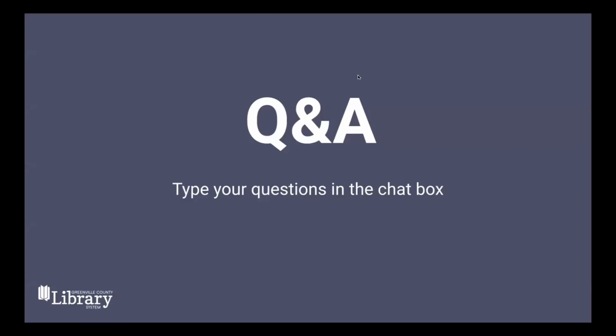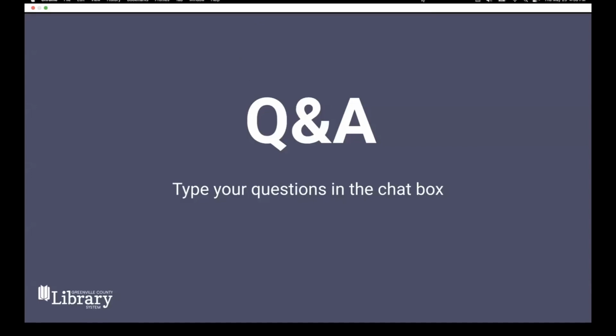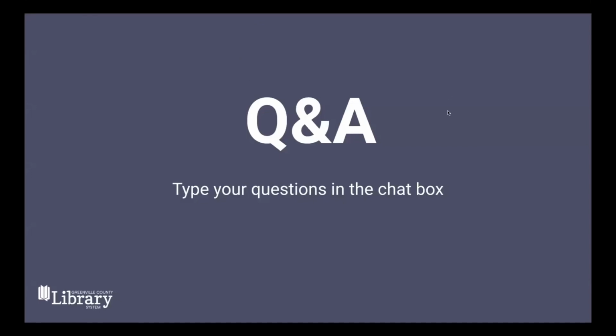Okay, and so yes, there is a question in the chat: is the South Carolina room only on the main branch? And yes, that's correct. The South Carolina room is the genealogy and local history room, and we are located at the Hughes Main Library, which is at 25 Heritage Green Place near downtown Greenville. However, any of our branches have the Ancestry Library Edition and all the genealogy databases. So you could go to any branch if you just wanted to take a look at Ancestry, and you could use that there.